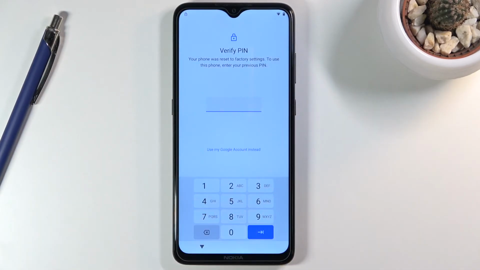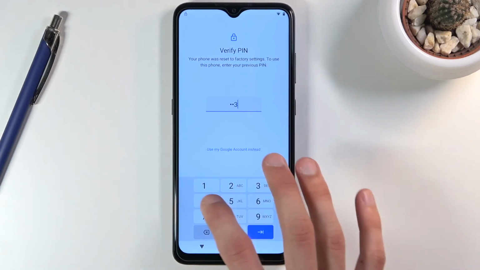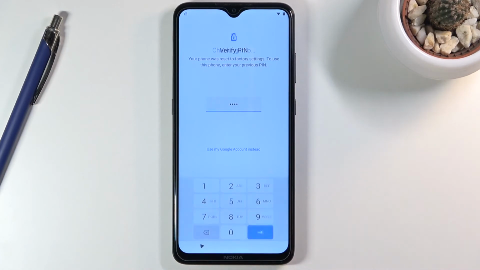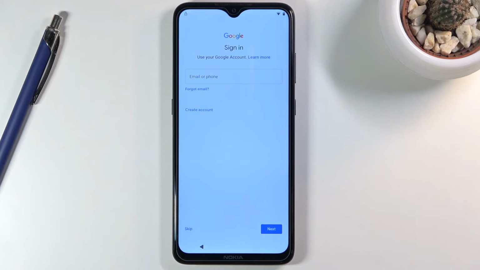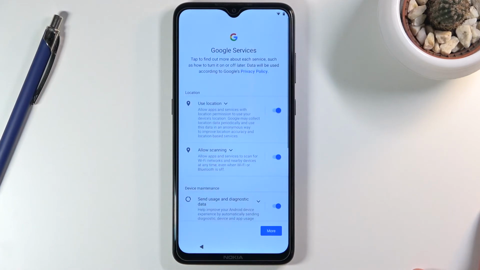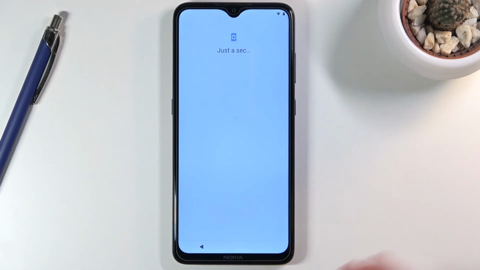Now in here, there's the important part. This is the verification part. Before it was a pattern. Now it just kind of changed into a pin. So again, 1, 2, 3, 4, enter, and voila. We basically just bypassed the verification section of the account. So that's nice. So now that I would say unlocks the device, I do recommend you to just, like I